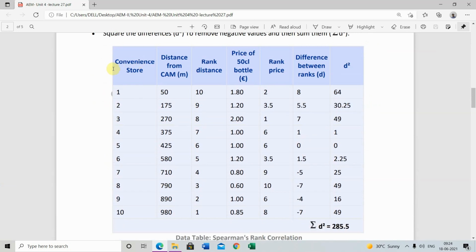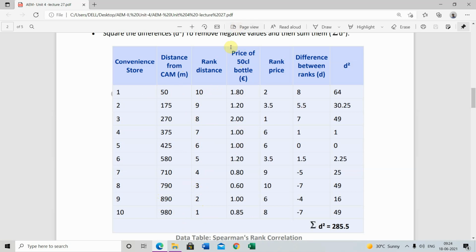Here is the given convenience store and distance from camp, 1 up to 10, with values 50, 175, 270, 375, 420 and so on. Distance from camp, rank distance given 10, 9 this way, and price of a 50 calorie bottle. तो सबसे पहले डिस्टेंस फ्रॉम कैंप के लिए रैंक दी गई है 10, 9 इस तरह से। सबसे हाईएस्ट वैल्यू को 1 रैंक है जो 980 है, देन 890 को सेकंड रैंक है, उससे जस्ट छोटी वैल्यू 790 की थर्ड है। इस तरह से रैंक दी गई है।